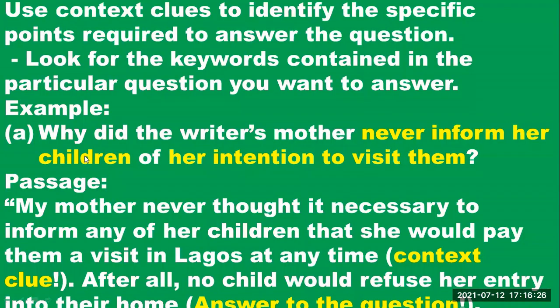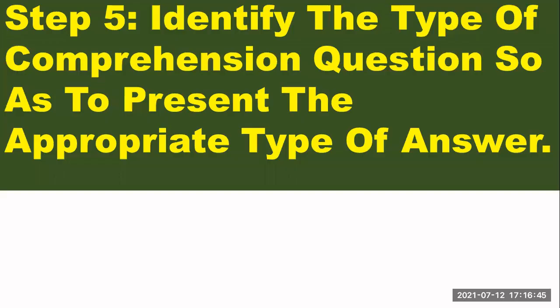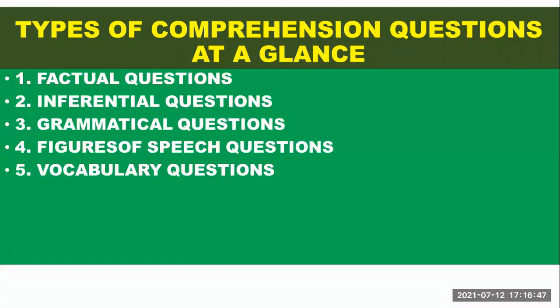All right. So now, while doing this, you use context clues to identify the specific points required to answer the question. And what does it mean? I already showed you how to look for the keywords contained in the particular question you want to answer. Again, let's look at it. For example,